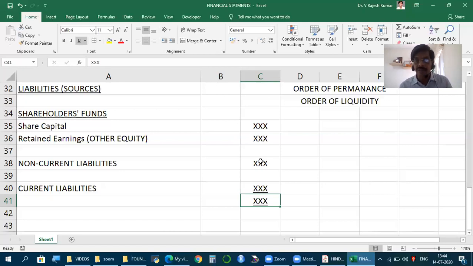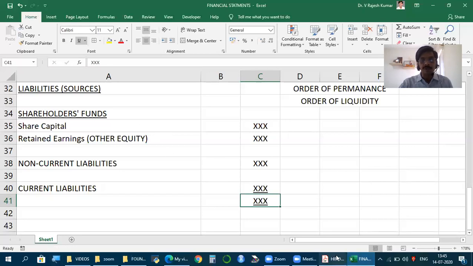So trade creditors who extend credit for our requirement are current liabilities. Let's say you have to pay your employees at the end of the month, you delay by 10 days outstanding salary. For 10 days, we're using their money to run the business. So they have become source of fund. So outstanding expenses is a source, short term. So all these come under current liabilities. So these are the liabilities.